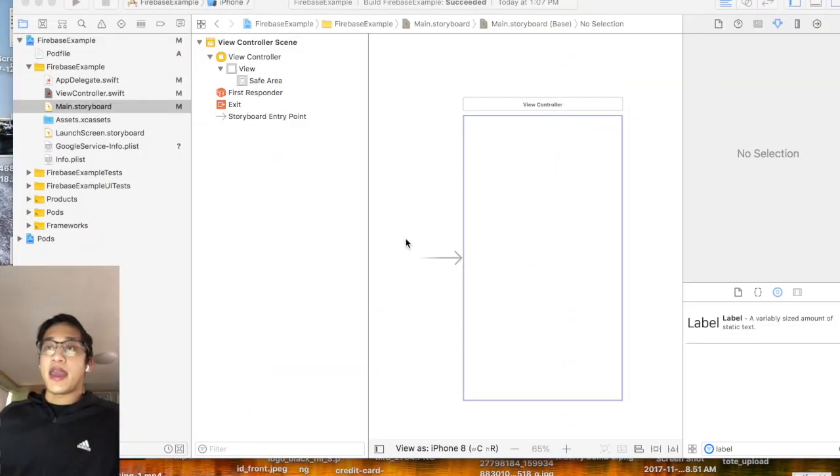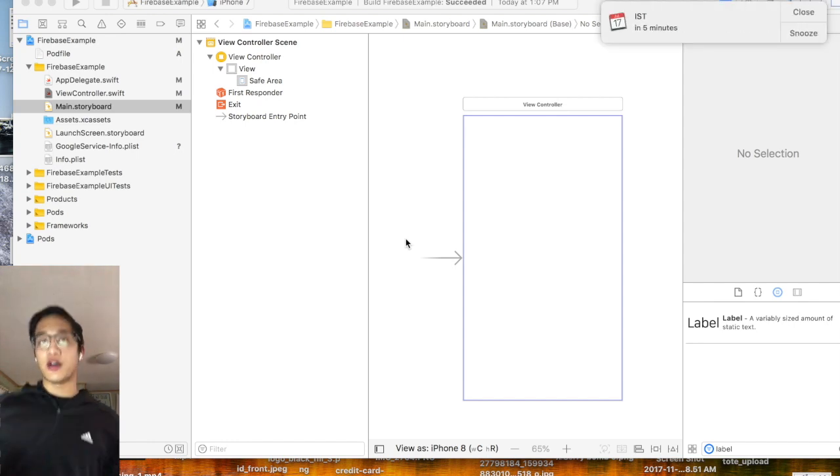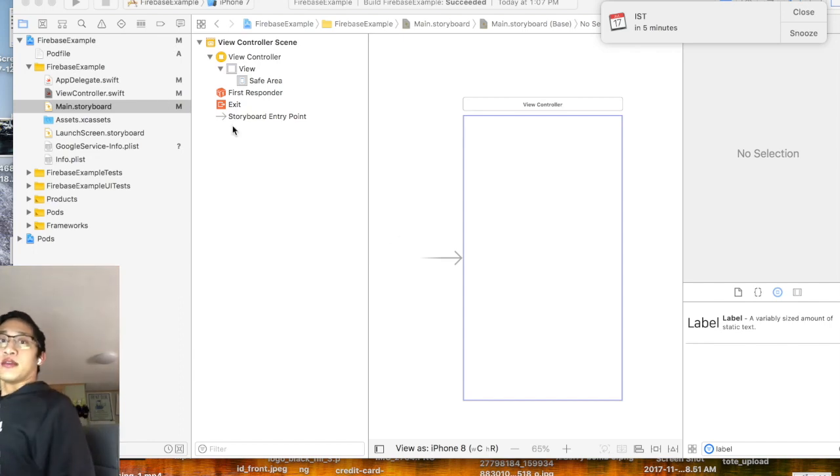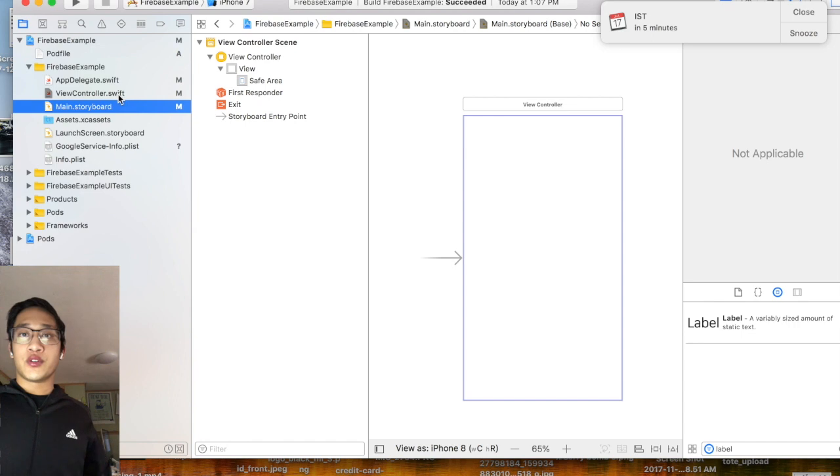So here I am back in our Firebase example project, and if you guys recall, this is exactly where we left off in the last video. We had just finished integrating Firebase, so we should be good to go in terms of creating new users and logging in existing users. So let's go into our viewcontroller.swift